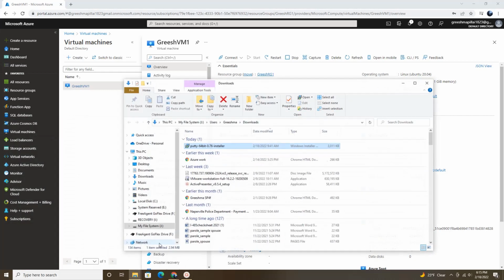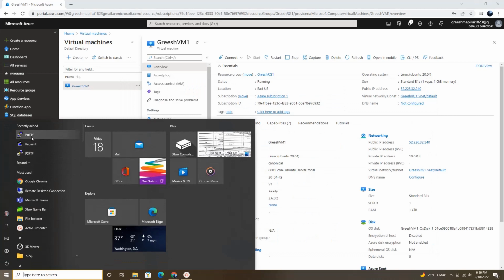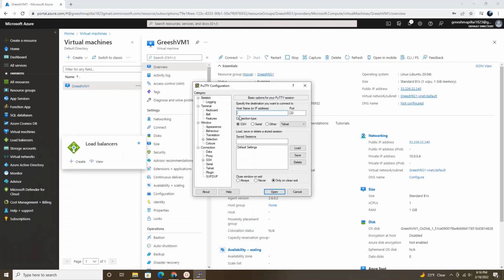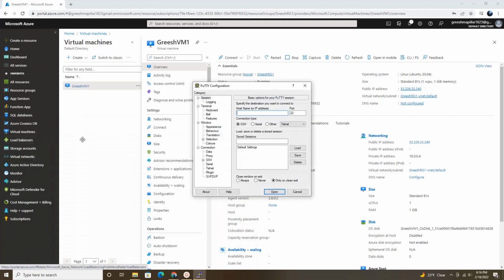I first downloaded PuTTY and then installed it to my desktop, and after that only the icon came here. So I'm going to select that, and then we can make changes here, the appearance, behavior, everything here, but I'm going with the already created version, and I'm going to open this. I forgot to put the IP address, so yeah, now open. So it is requesting an account name,